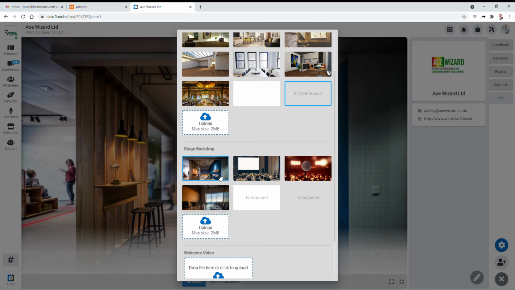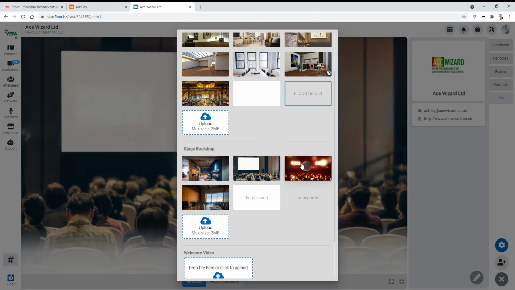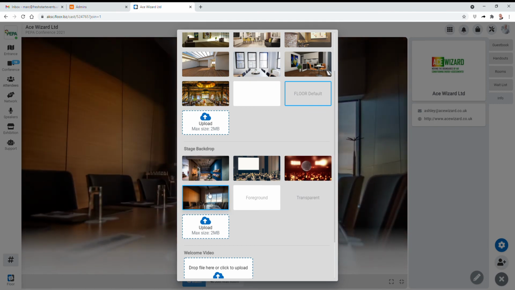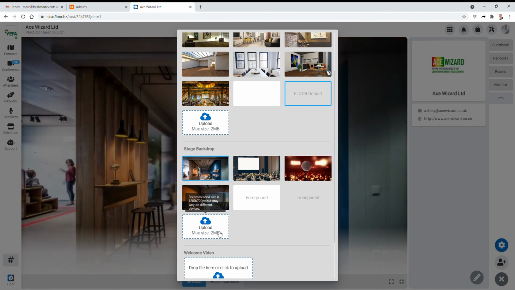Or you can utilize one of the 4 static images that's part of the platform. You can see when I click on them, they automatically change in the background. So you can either use one of the generic images already with the platform, or you can upload your own